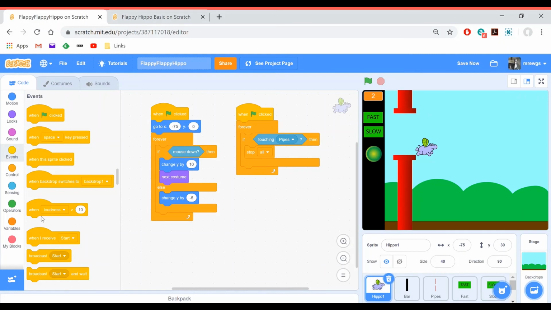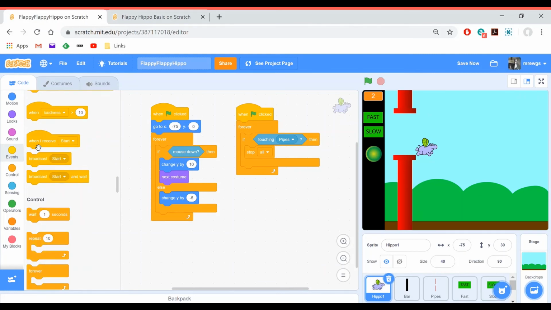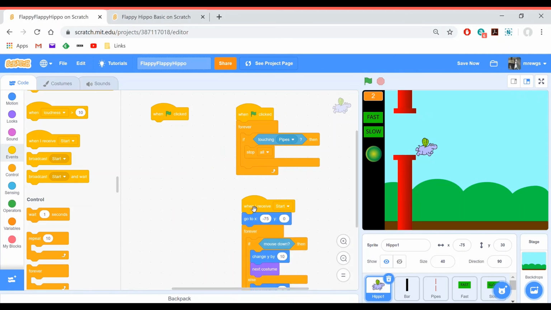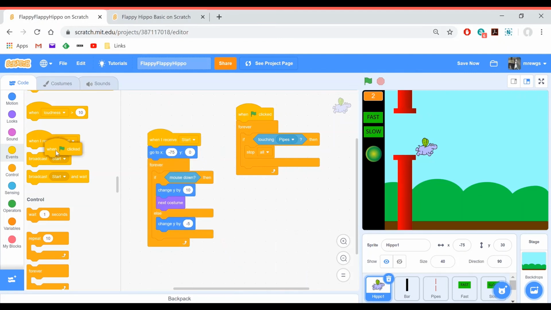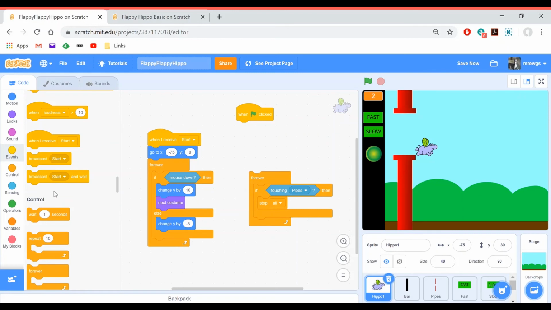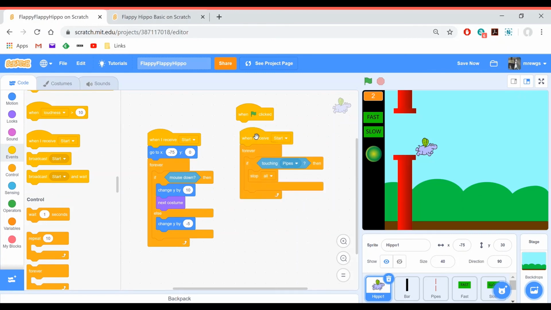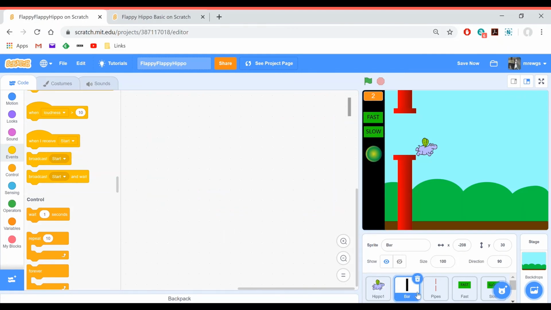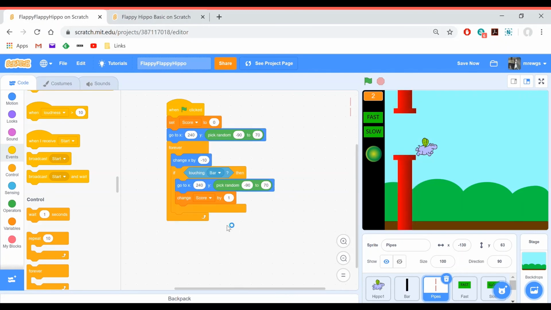So what I need to say now is when I receive start, and move those blocks under there, get rid of the green flag, and when I receive start, move those blocks under there. There's no code on the bar. On the pipes it says everything starts on the green flag, so let's start that on start again. So when I receive start,